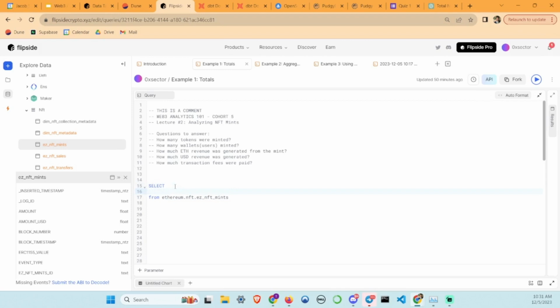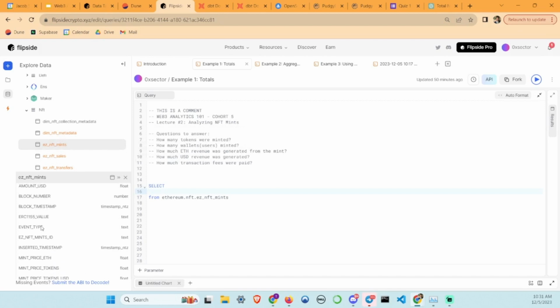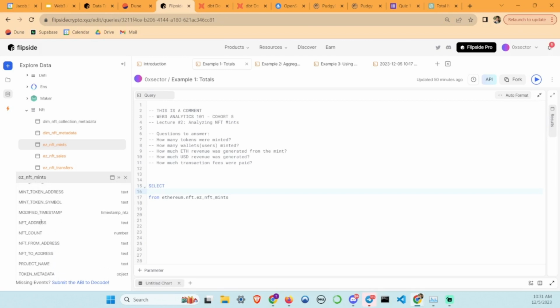Okay, how can we find the total tokens that were minted? I'm going to look through the table here. If you click on this, it brings up this little mini window to view. Insert timestamp, log ID, amount USD. I'm going to keep looking. Token ID. So this is where